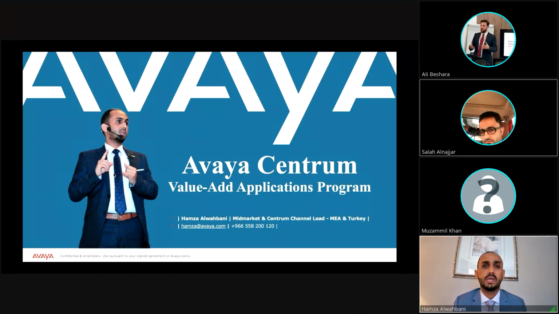Before, these solutions were DevConnect applications, and our partners were looking for many suppliers for these applications. But today, all the applications we are going to discuss under Centrum will be under Avaya, and you can buy these solutions through our distributors.